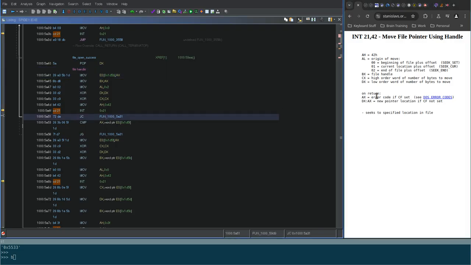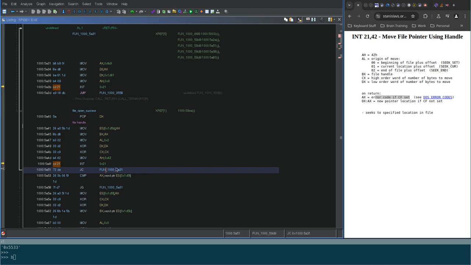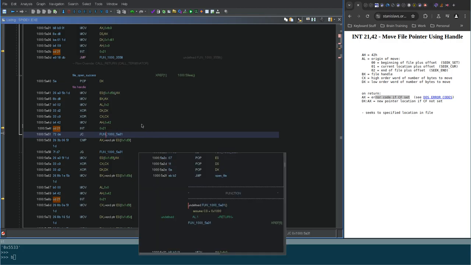So here, if the carry is set, that means that there is an error. So if there is an error, we're jumping back up to the top. They'll just get named when we name the function, but that's kind of an error case. It's kind of interesting. It's already opened the file handle, but instead of erroring out, which I think the last one did,